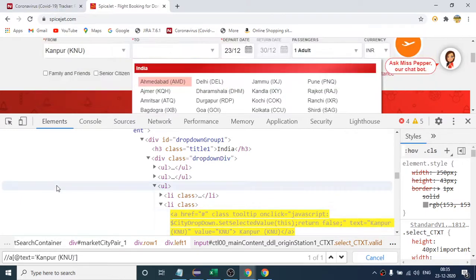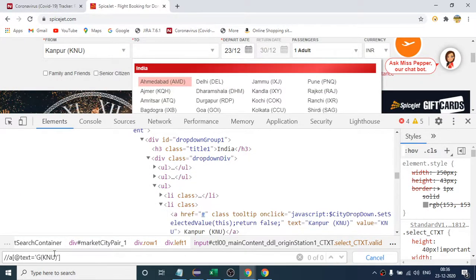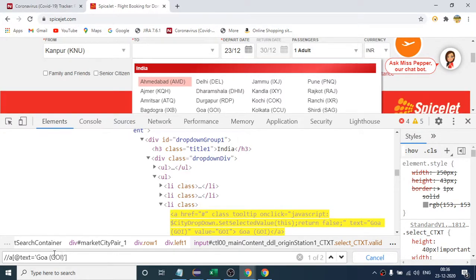So for Goa, if I write Goa here, again the same XPath which we have written for the first drop down, Goa, GOI. Now it is giving you two elements, because once I click that, the Goa city from this drop down is also present in our HTML code, and again from this HTML code there is Goa present.